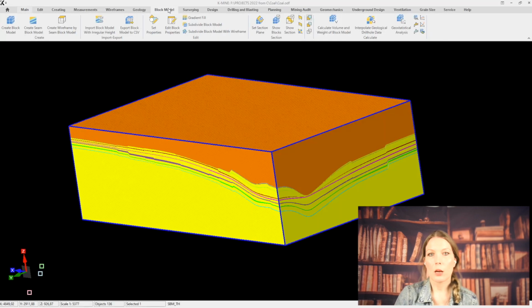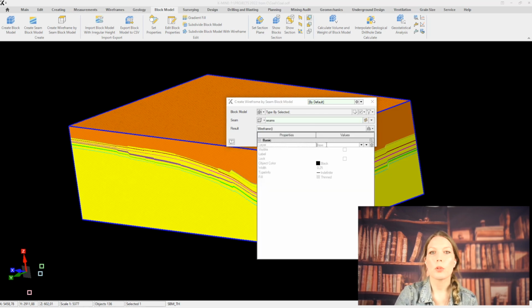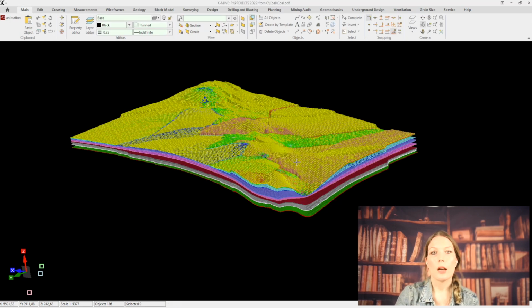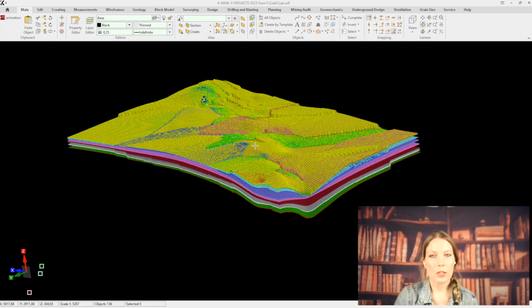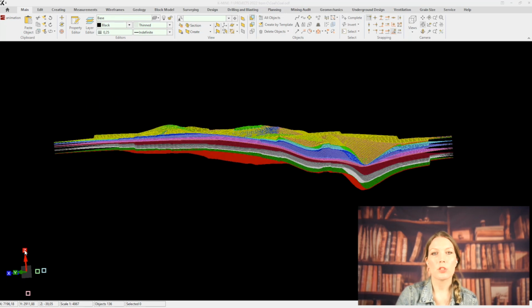The algorithm will incorporate the triangulation points from your surface when building the block model. We've also developed some useful solutions for cases when you need to transform a block model into a set of wireframe surfaces and obtain a set of local areas where no drill holes are present. To perform the transformation, simply select the appropriate mode and create either a roof or the floor for the layers. And the system will automatically generate a set of all available variations based on the specified attribute of the block